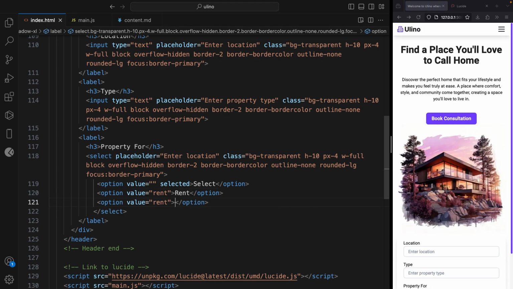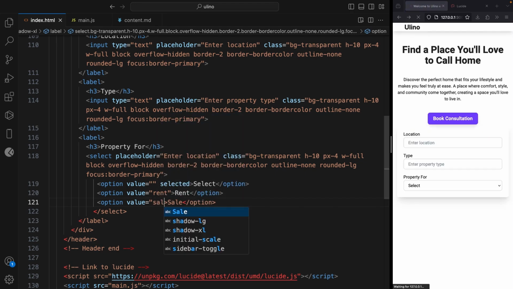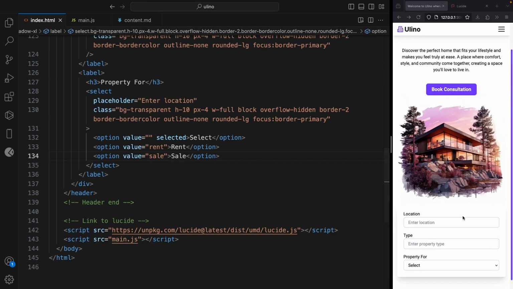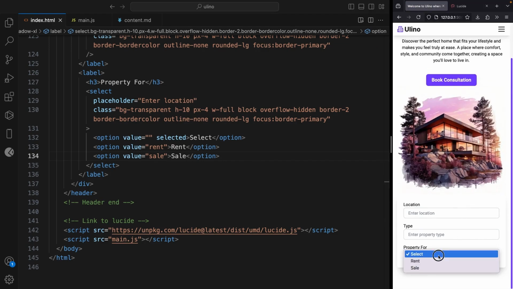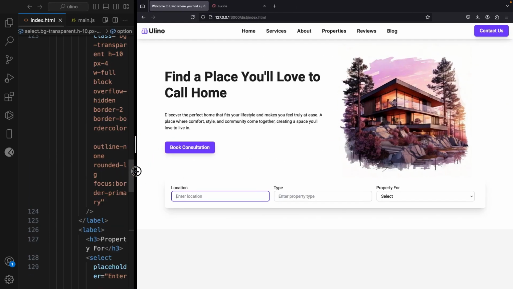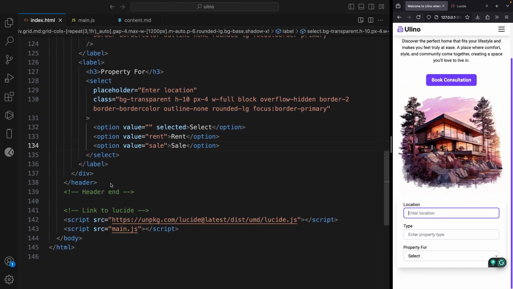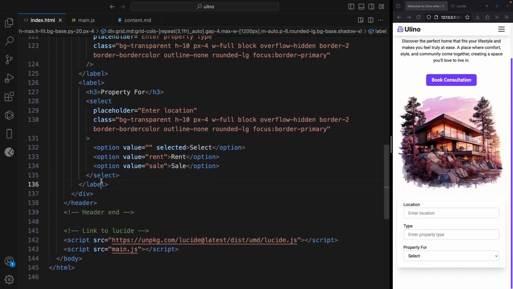Rent, which will be 0, and here let's say 0. Awesome. Let's take a look. So this is how it looks like. Awesome. And this is how it looks like. Yeah. So what I'm going to do next is after this one,